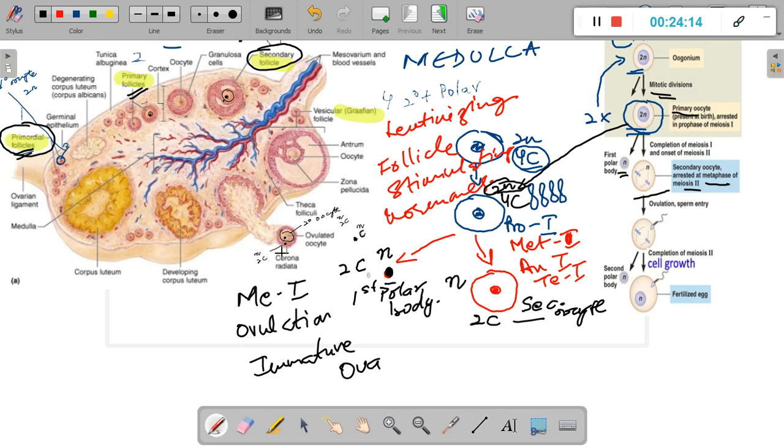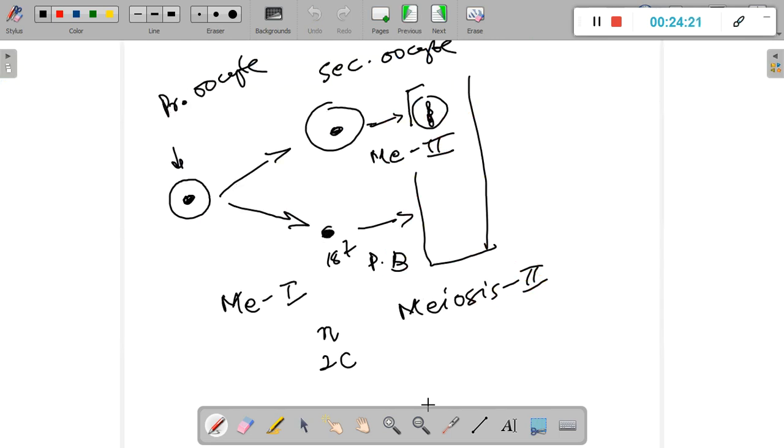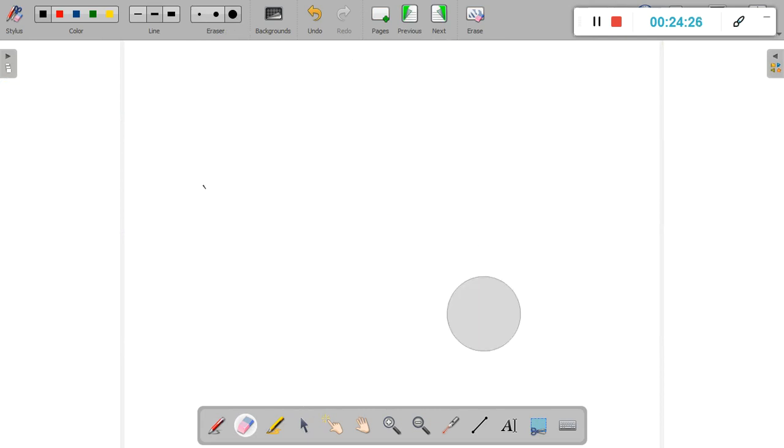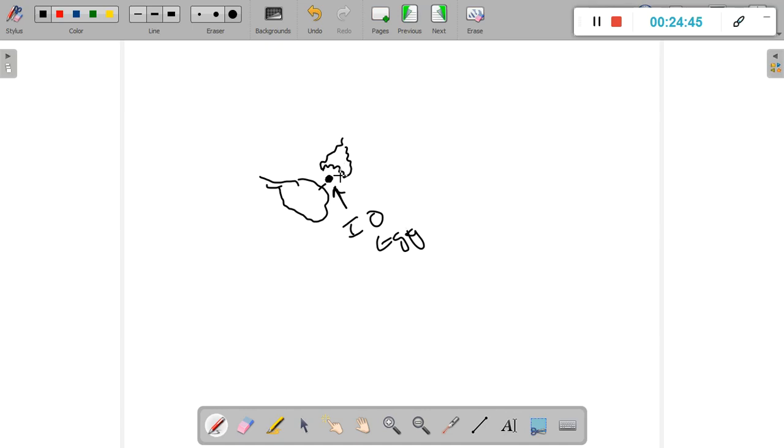Now once this immature ova is released, there are structures, and let's go to the next slide so that I can get a little bit of space. Let me rub all of this up and make some space for myself. Now let me draw this ovary. So let us say we've got this ovary here, and this ovary has released this particular structure, which is that immature ovum or immature egg. Now there are these structures known as the fimbriae, finger-like projections, and they are a part